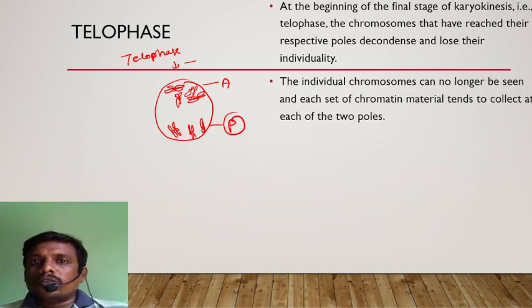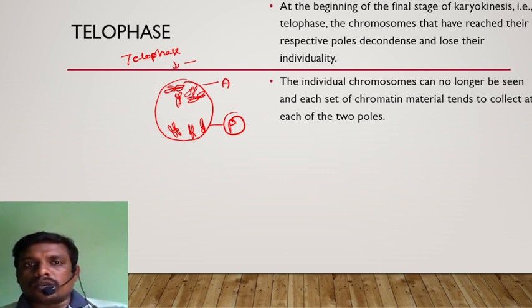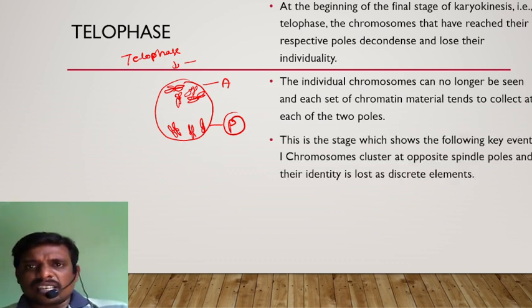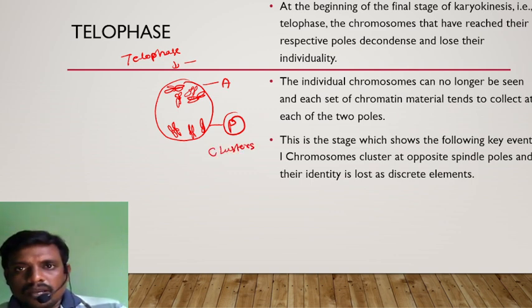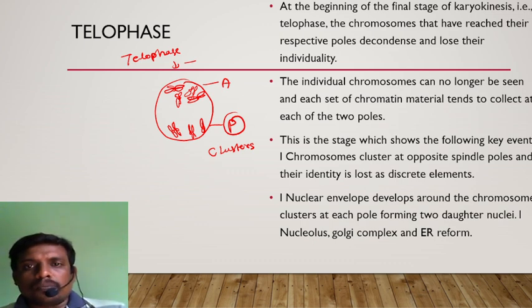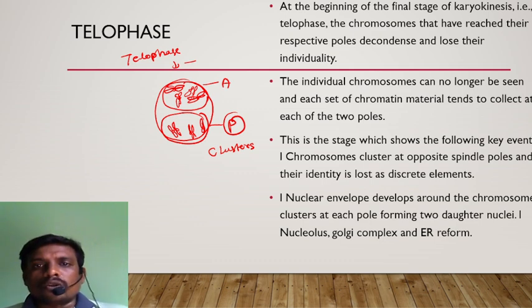Finally, the individual chromosomes can no longer be seen, only as a set of chromatin material. This is the stage which shows chromosome clusters at opposite spindle poles, and their identity is lost into discrete elements. Nuclear envelope develops around these chromosomes, forming two daughter nuclei, with a nucleolus, Golgi complex